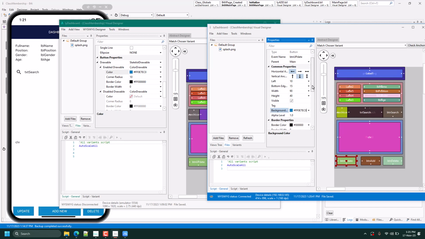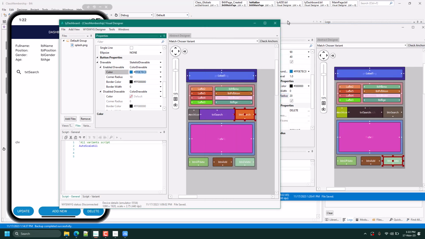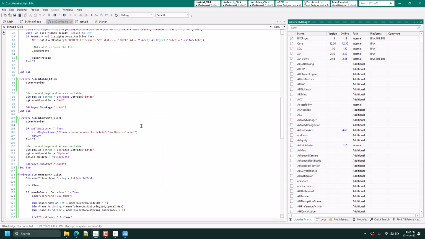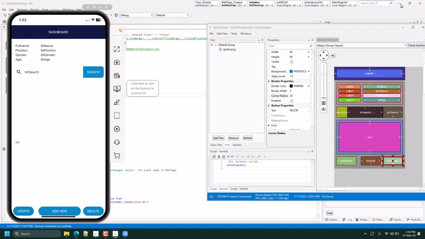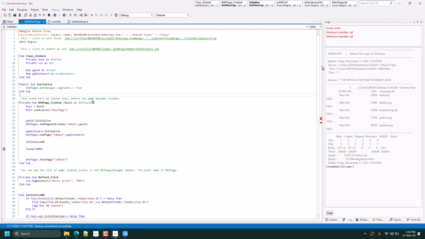Let's give them the border radius. So let's give them 20 as well. 20 for this one, 20 for this one, and finally 20 for this one. I think that's all the layout. So we can close the Android designer, minimize the Android, and now fix any errors we have in the iOS, and then we move.